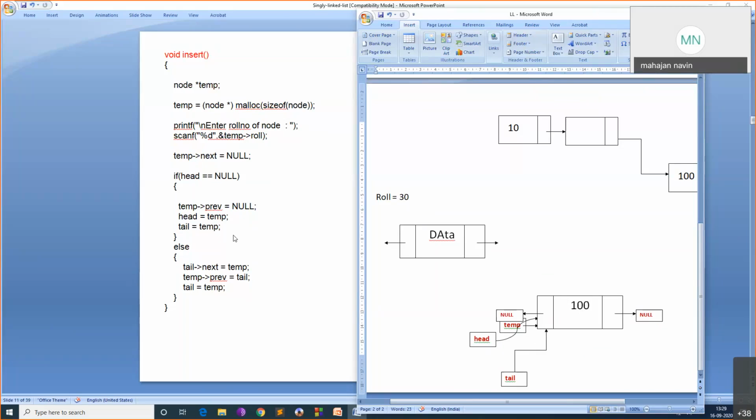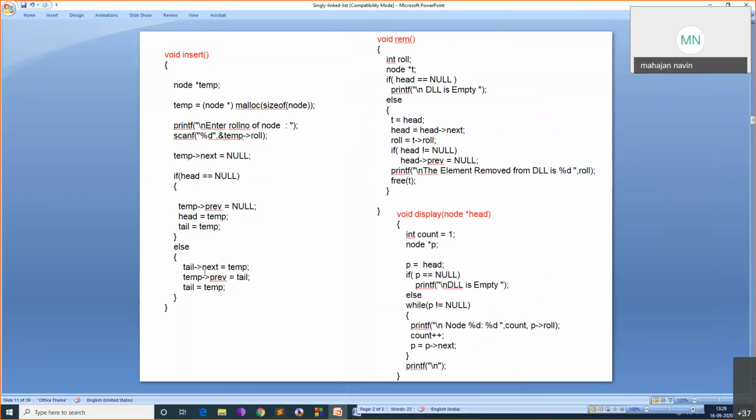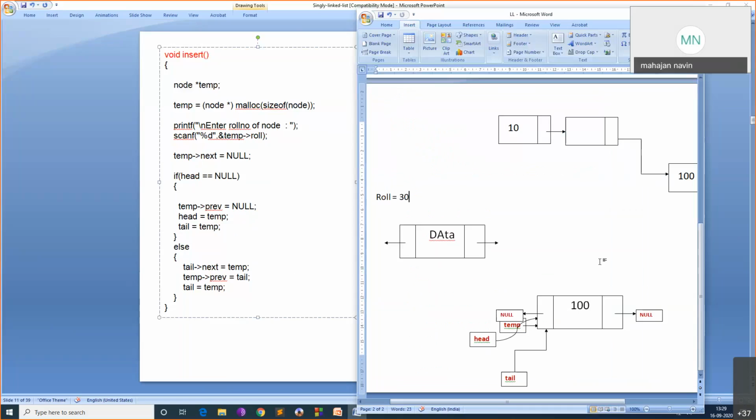Okay. Now else, what will you do if it is not null? If it is not null, you will change this. Now this is the first node, that's why this is the case. Now this will be like this. I'll move this one. Okay, so this will be like this. Now I have created one node where head is pointing to the first node, tail is also pointed to the first node, and this node's previous is null and next is null because it's a single node.